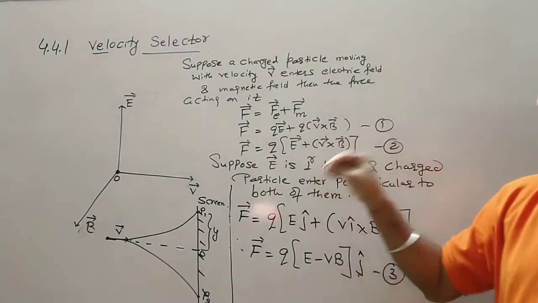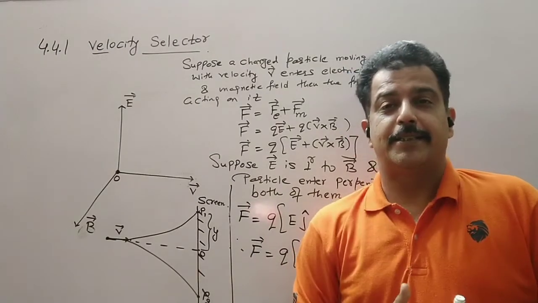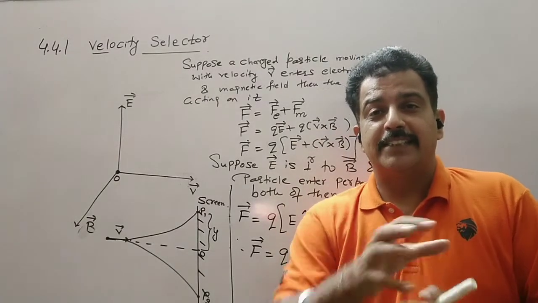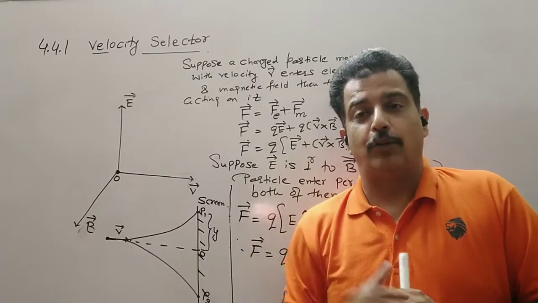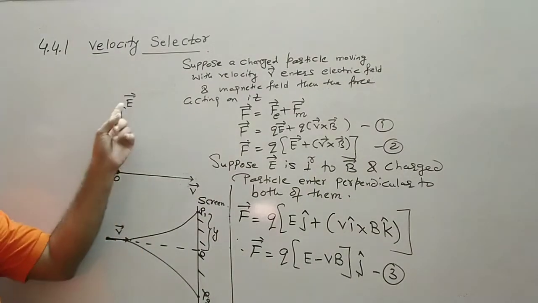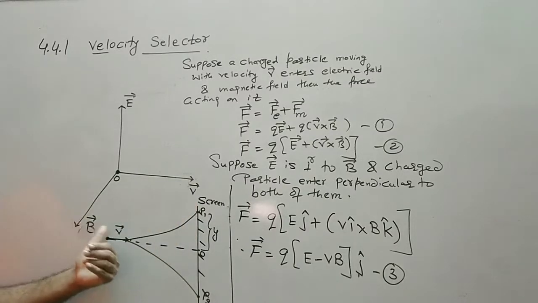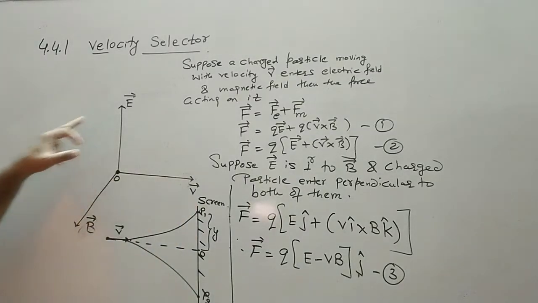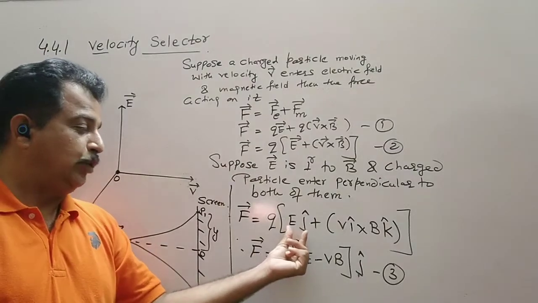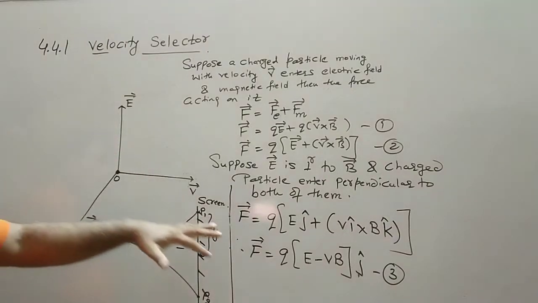So generally it is used to determine the speed by which a charged particle should strike the target or a screen, and therefore out of many charged particles we can select only a charged particle having a particular velocity or a particular speed. Now how can it be done? Clearly you have to remember, in the presence of an electric field, this is the path of the charged particle. In the presence of only a magnetic field, this is the path followed. Now if both are perpendicular to each other, meaning I have taken E along J and B along K, these two forces come out to be opposite.